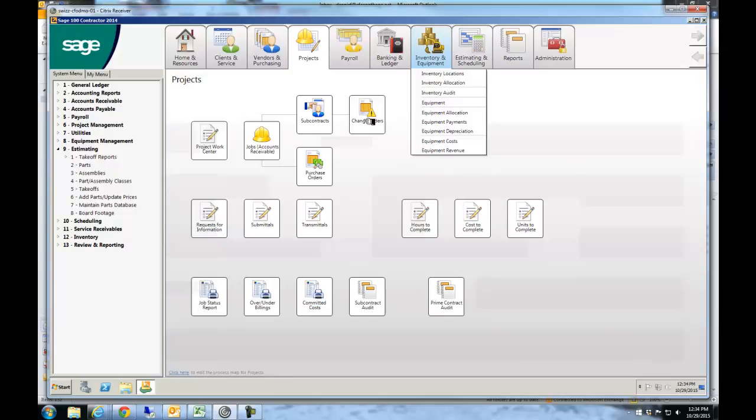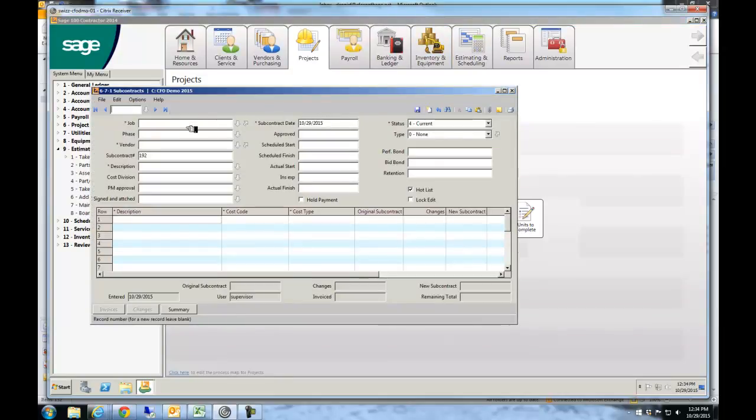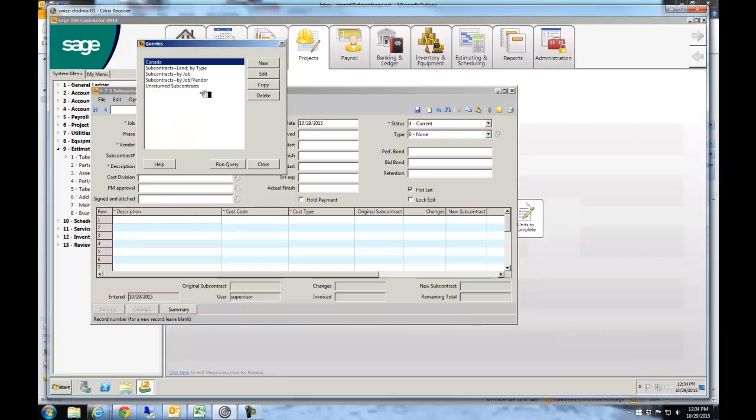So the other thing I did actually, and please remember, this is demo data, so none of these numbers really make sense. I throw stuff in, I don't finish it, because all I'm doing is demos. But I have the ability to create a query, which I just did a little while ago before I got this demo started. So here's one I called unreturned subcontracts. And so if I run this